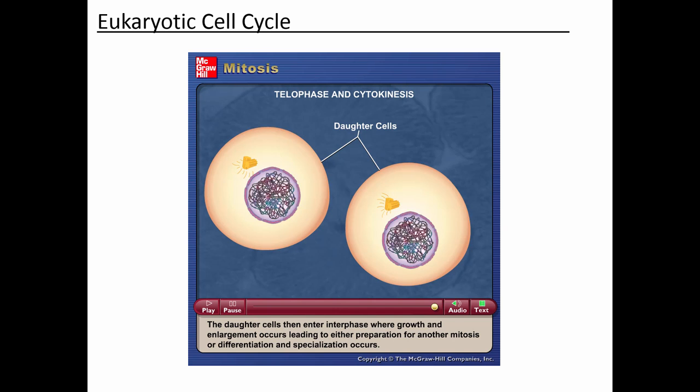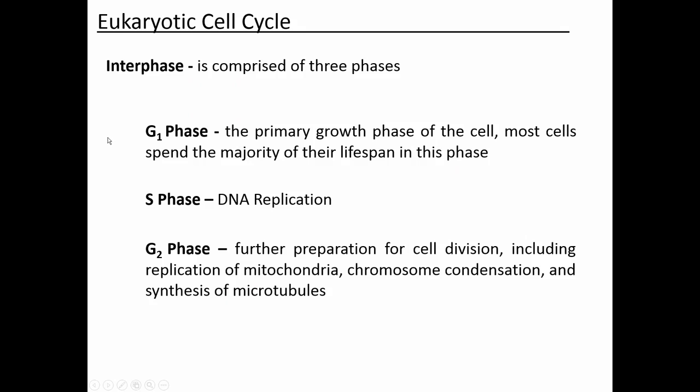Okay, so that describes the different events of each of the phases. So starting with interphase, then it went to the different phases of mitosis. That also describes cytokinesis in animal cells. So what we're going to do now is basically do the same thing and talk about the things that you need to remember for each phase of the cell cycle.